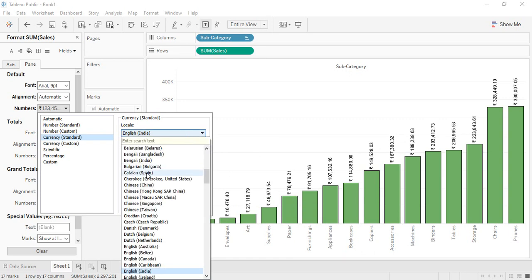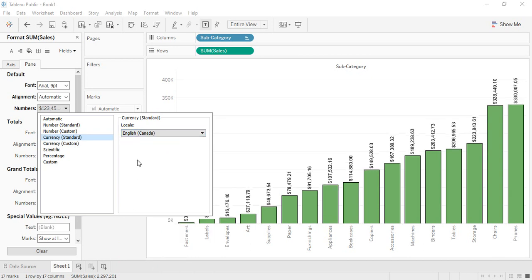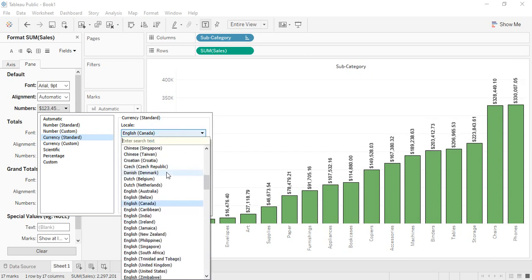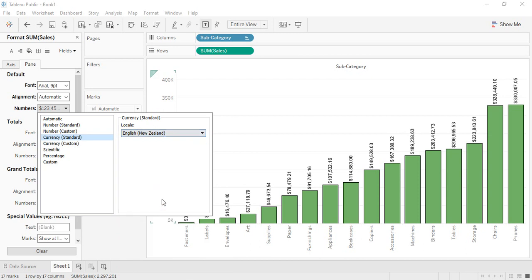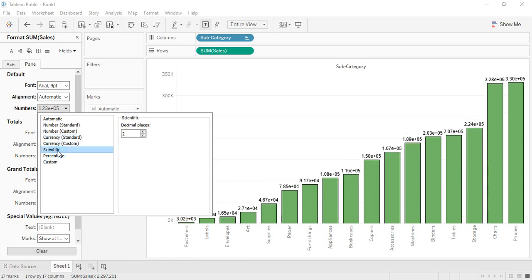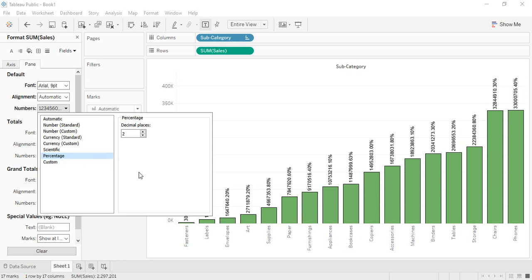If you want some other symbol, like the Canadian English, that is what you can go for. If you want the New Zealand English, that's what you can go for. Okay, so that's totally up to you. Next we can apply these three things, like the scientific notation in which the values are shown.